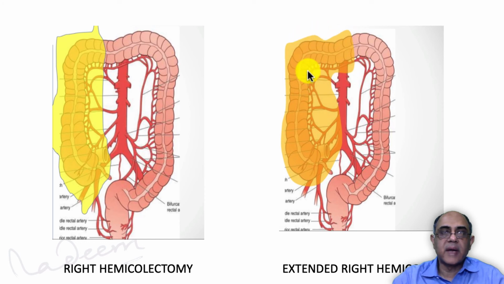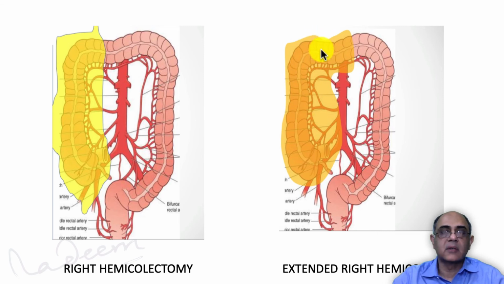And when we are extending the surgery to the transverse colon, we know that the pancreas will come in posteriorly to this transverse colon, and above the transverse colon will be the stomach. So these will be the more structures which we have to be careful. So hemicolectomies and right extended hemicolectomies are basically for tumors of the cecum, ascending colon, hepatic flexure, as well as